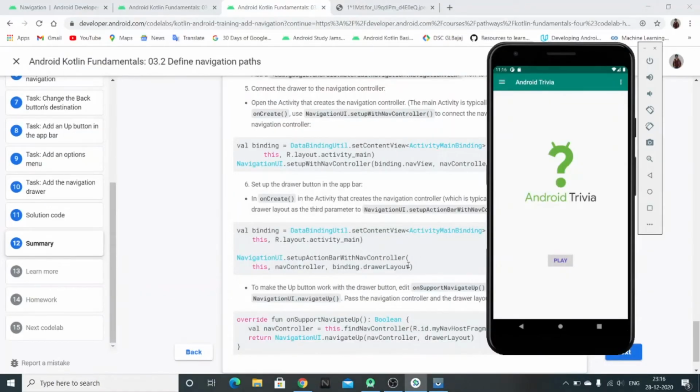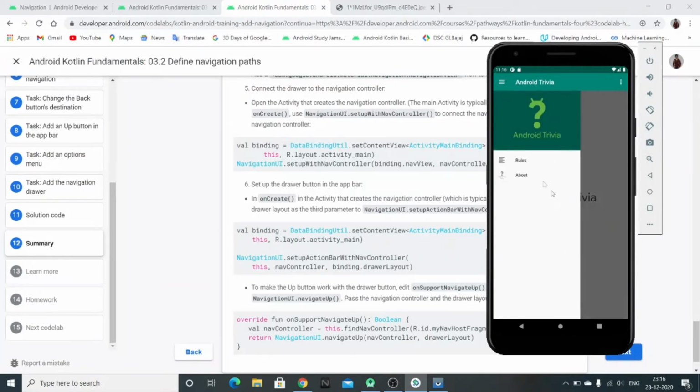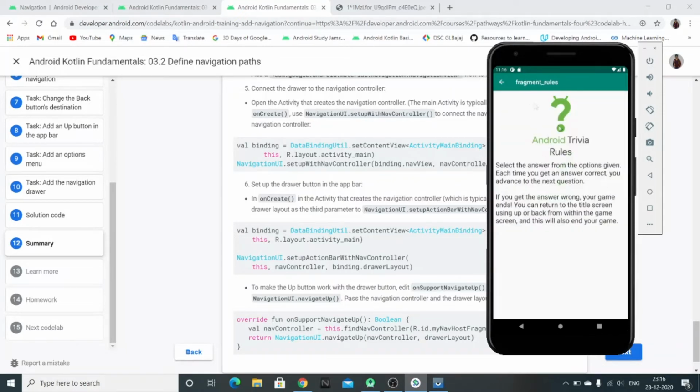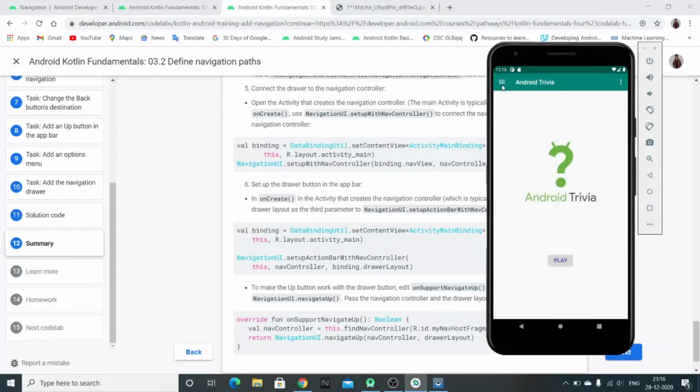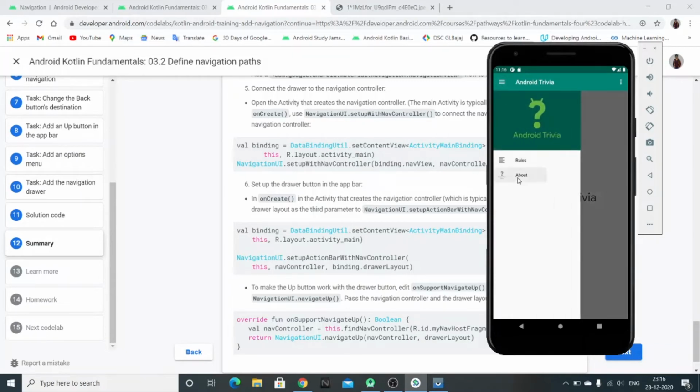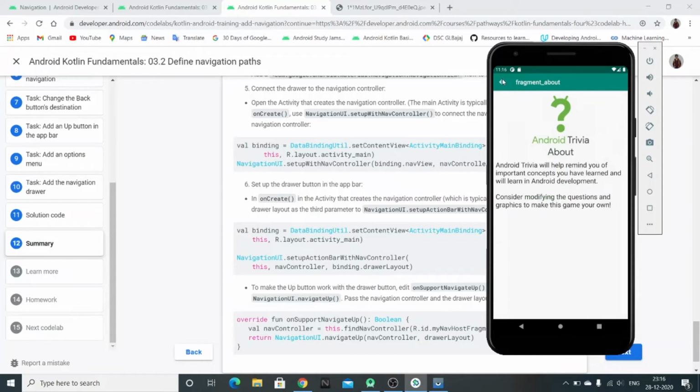So here we have our app running, and as you can see, the drawer we have added, we got it over here, and this drawer contains some menu items, which are rules and about, and also the icons we added. You can see them over here, and when you click on rules, it takes us to the rules fragment, and when you click on about, you're on the about fragment.